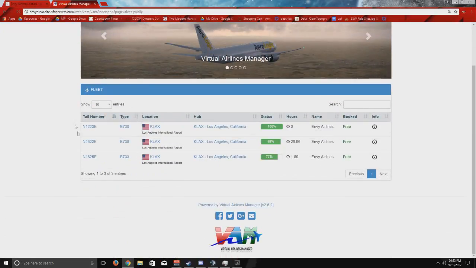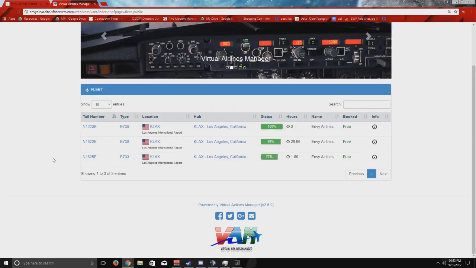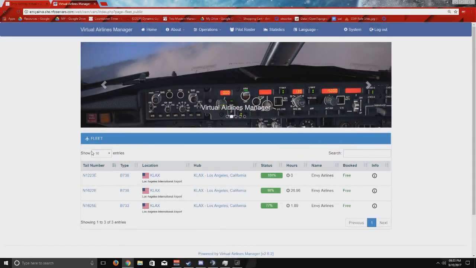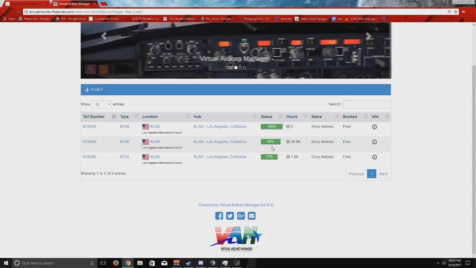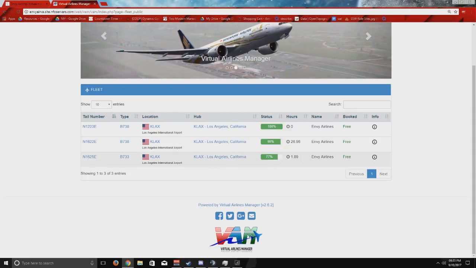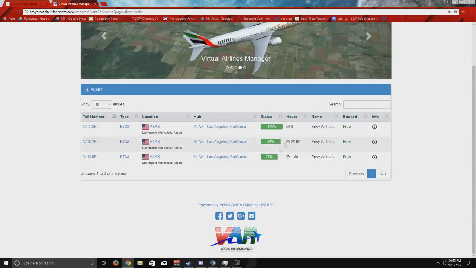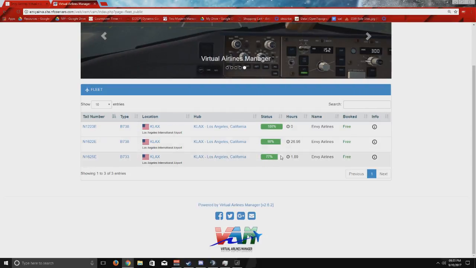This is basically going to show all the aircraft that we own, and since we're starting off as a VA, we only have 3 planes active right now, so we're all going to have to basically share until we get our financial stuff up, and we'll show that after this. So here you can see the status of the aircraft, the health. For example, the 733 is at 77%. The 738 is at 98%, and that basically determines